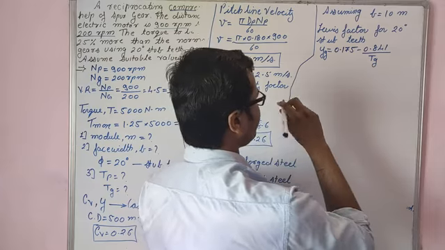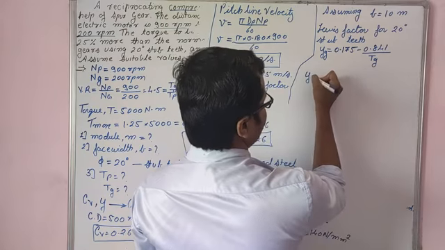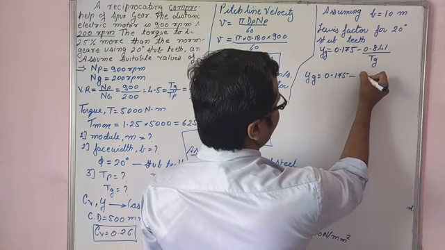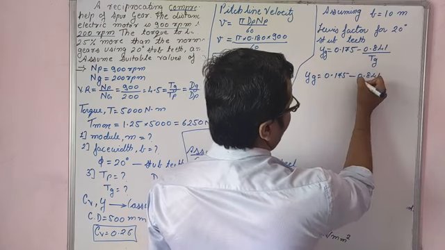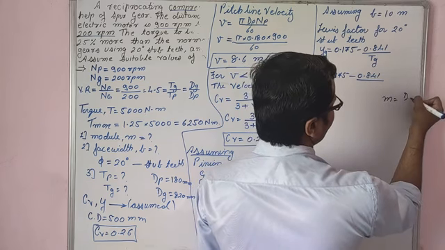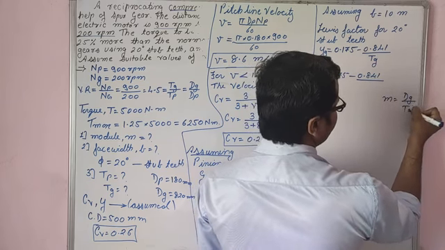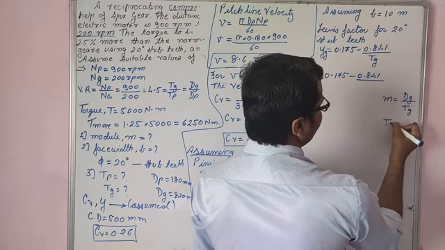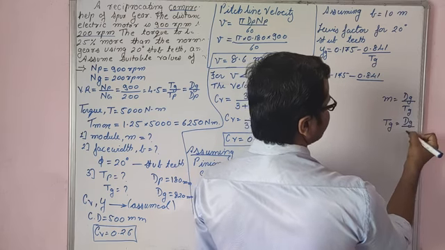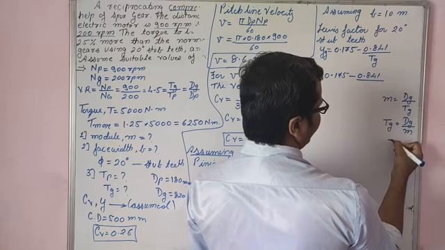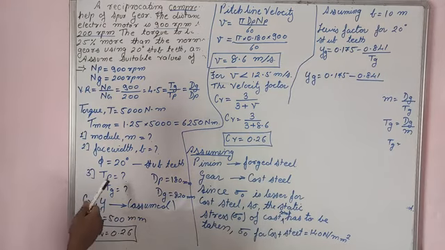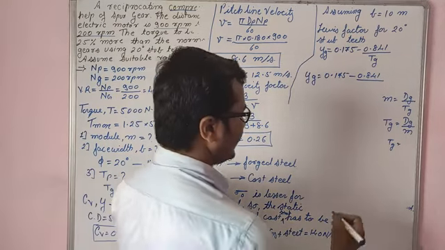Now yg will be equal to 0.175 minus 0.841 upon tg, in terms of module. Can I say that module is nothing but equal to dg by tg, right? Or I can say that tg, that is the number of teeth on gear, is equal to dg by m, and dg is the pitch circle diameter of gear. We have found the pitch circle diameter of gear as 820 mm.